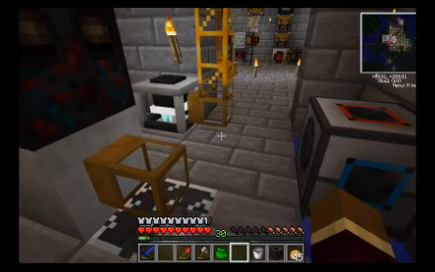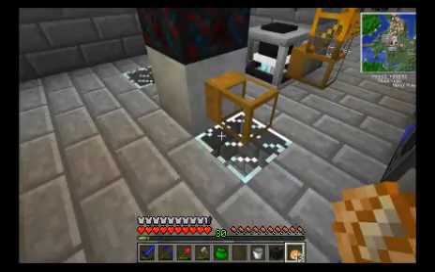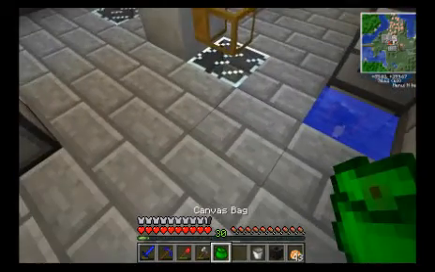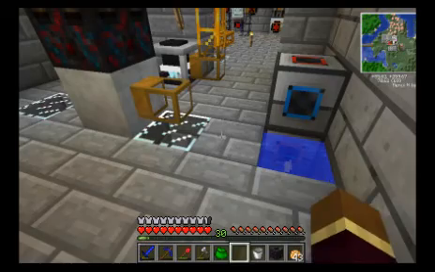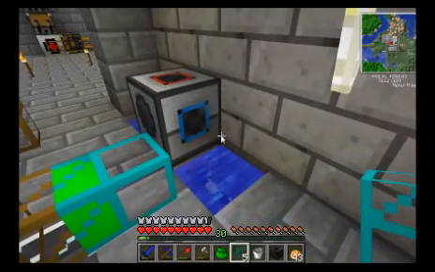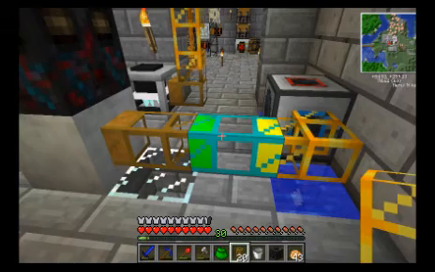Now I might just sleep through the night, and we'll set up some pipes. Okay, so we're going to need some kind of filter here, I guess. So diamond pipe, I should have some of, hopefully. Yes, good. Alright, so if we put diamond pipe here, and we have gold pipe there,